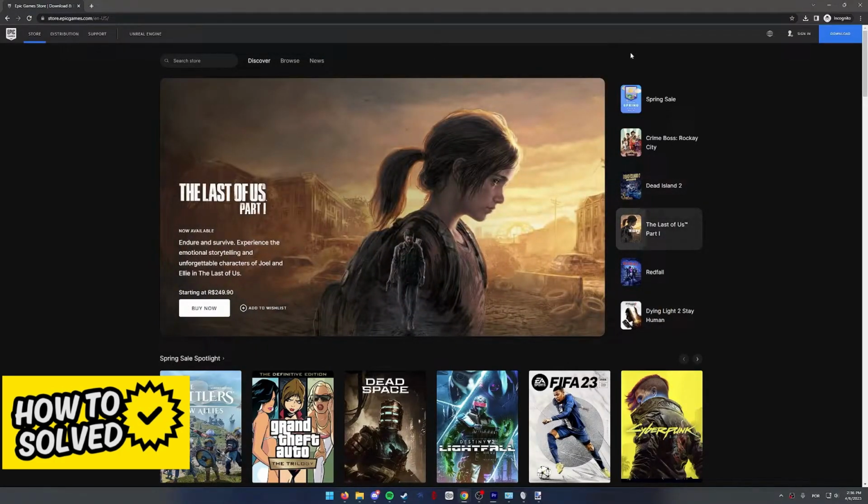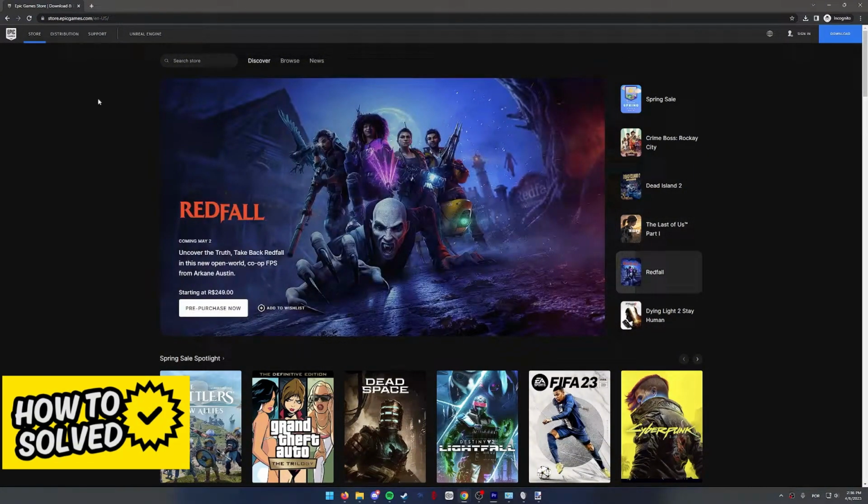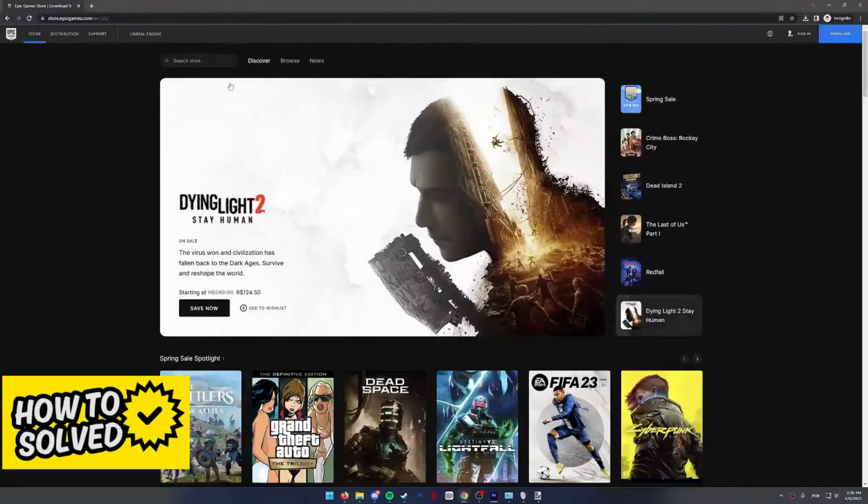I'm going to be showing you how to do this on my computer through a web browser, but you can also do this on your phone or your PlayStation 4 if you have access to a web browser in those. Simply go to www.store.epicgames.com and over here at this web page, hover over at the top right corner of the screen and select